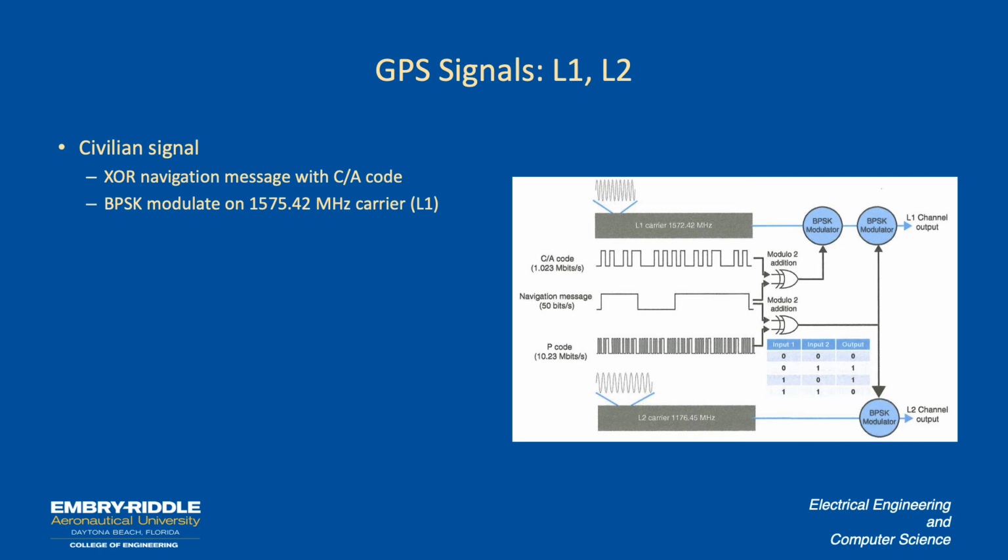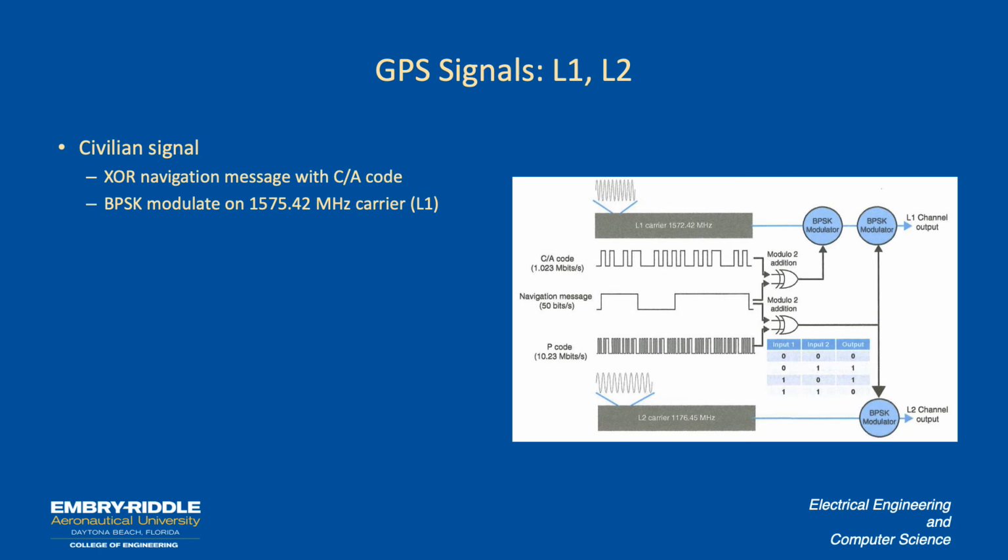Right? So the bits are coming in with a duration of 20 milliseconds, but the CA code has a duration of 1 millisecond, so it repeats 20 times under every bit. And that's part of what gives us the time to figure out which CA code we're looking at. So we take the CA code and the navigation message and we XOR those together, and then that's the signal